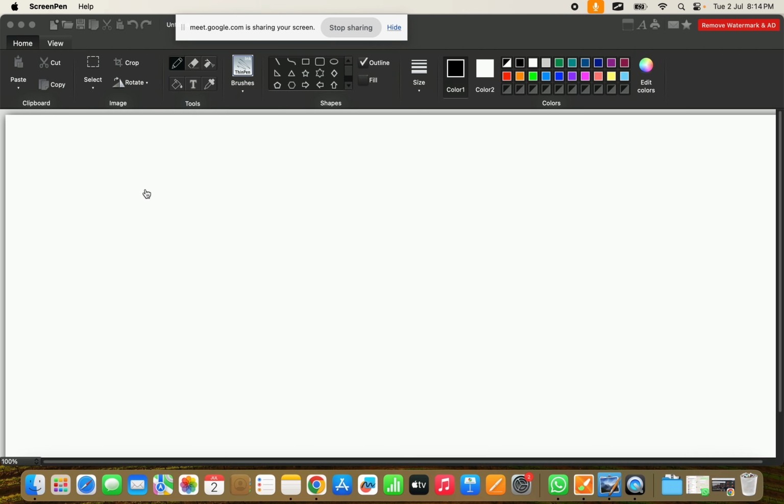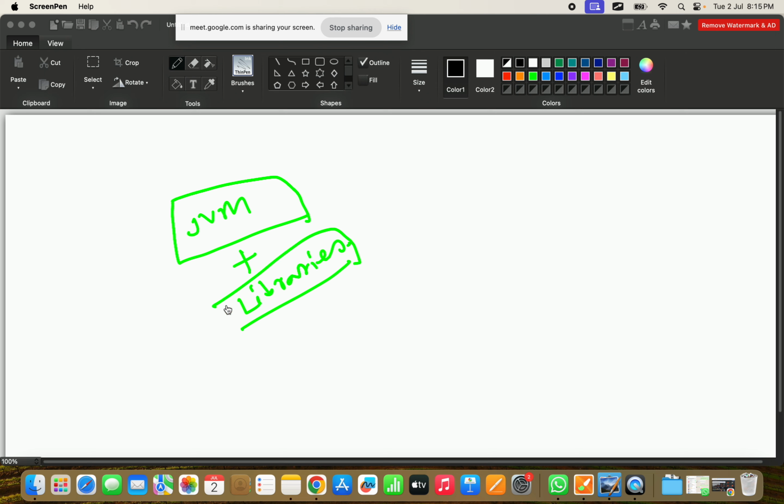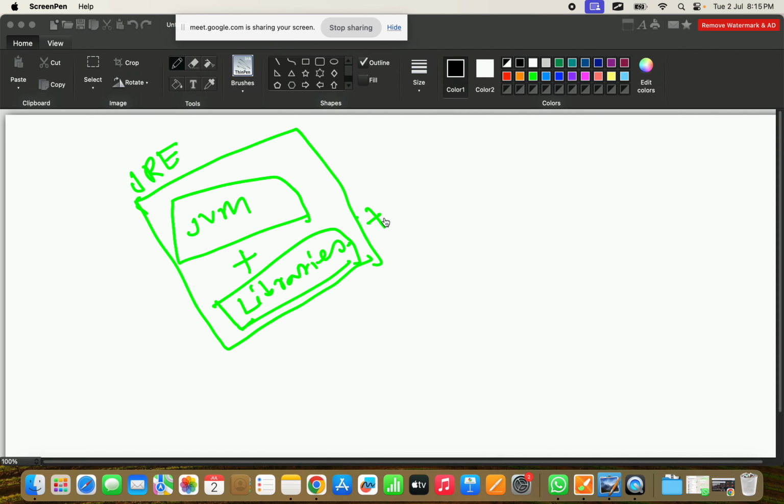So suppose this is JVM plus libraries, right? This library support and JVM support is provided by, it is called what? The whole thing will be called the Java runtime environment, right? And both things plus some development tools,